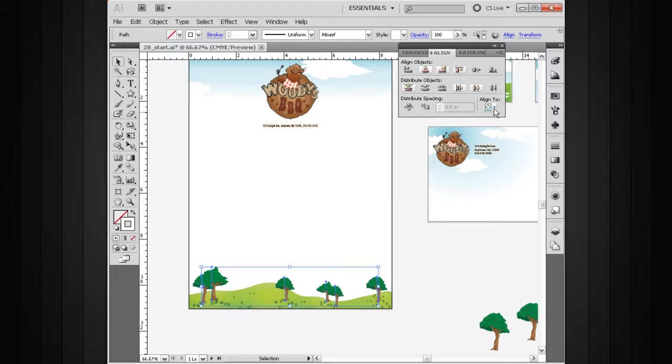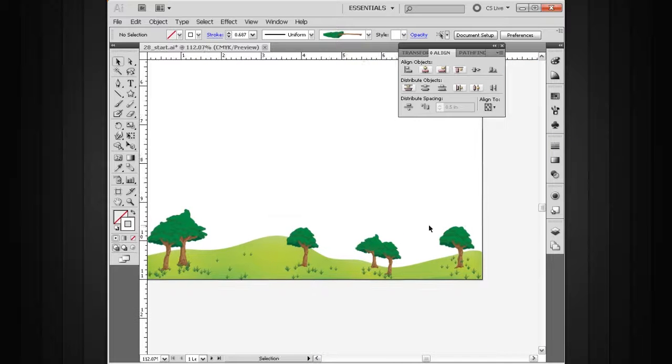Alright, now if we come back up to the Align To option here, there's this Align to Key Object. Now this is going to allow us to specify one object within our selected objects as a key object. So let me just go ahead and show you how to do that. I'm going to go ahead and zoom in on these and select them again here. So let me just hold down Shift and select each one of those trees